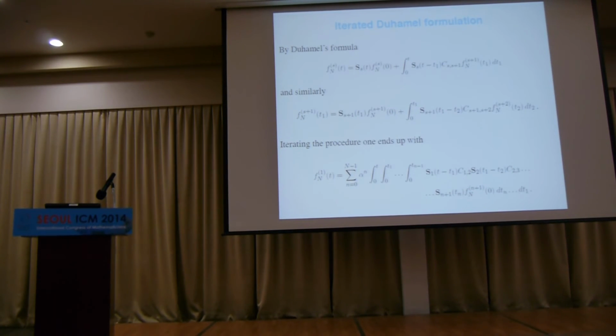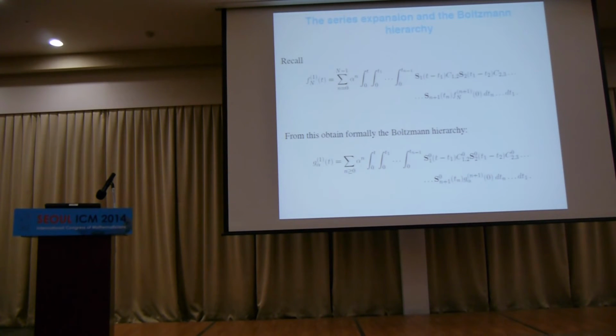Right? So that's what's interesting with that formula, which is not difficult to write, is that you have a series where you've related the solution you're looking for to the initial data you know. Now the question is, what does that look like when N goes to infinity? So here I've just written down the formula again. And what I'm going to write here is a hierarchy, which is known as the Boltzmann hierarchy, which I find formally by letting N go to infinity. This is formal, and we have to check that we've done things correctly.